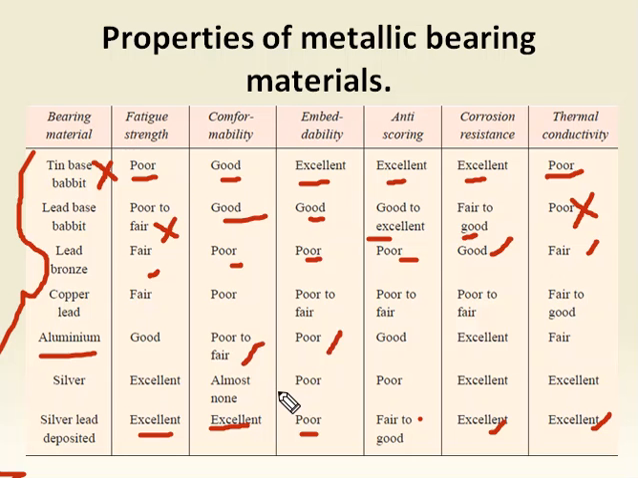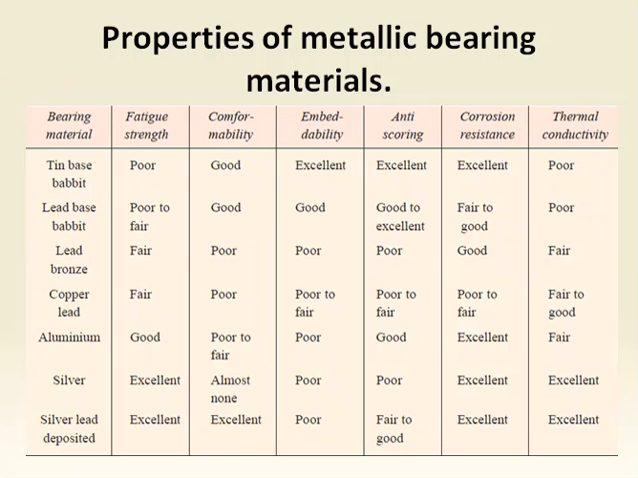So the majority of bearings are aluminum based, lead based, or copper based alloys. That is the reason to select a suitable bearing according to the requirement. So this table is useful for you to select the suitable type of bearing according to our requirement. Thank you. And coming to the next point,